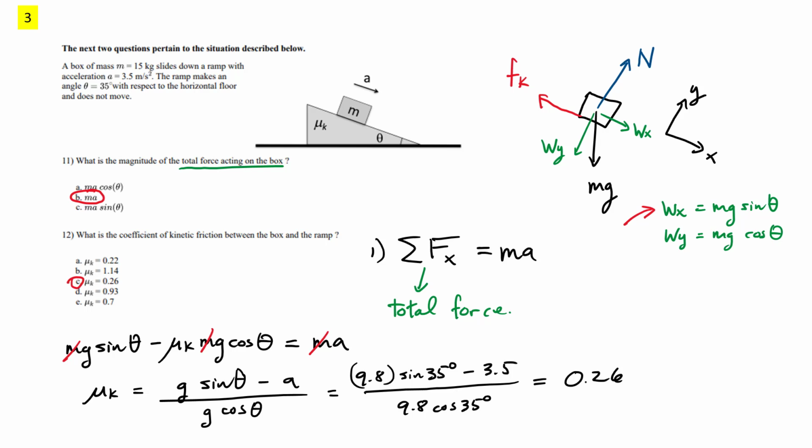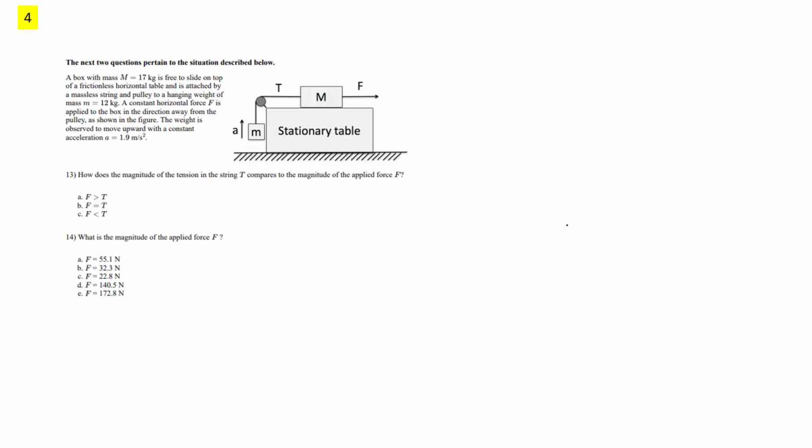All right, let's go to problem 4 now. All right, here's problem 4. A box of mass big M is 17 kilograms. It's free to slide on top of a frictionless horizontal table here. It's attached to a massless string and a pulley to a hanging weight over here that has a small mass of 12 kilograms. What we do is we pull on the top block over here in the direction away from